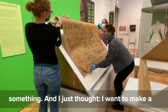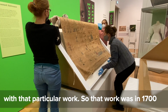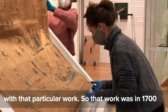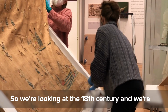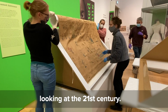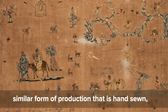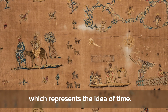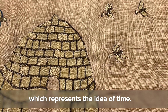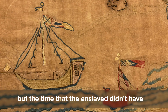And I just thought, I want to make a piece of work that actually has a conversation with that particular work. So that work was in 1700, this is in 2022. So we're looking at the 18th century and we're looking at the 21st century. So it's all these hundreds of years apart, and using a similar form of production. That is hand sewn, which represents the idea of time. So people having time being around luxury,